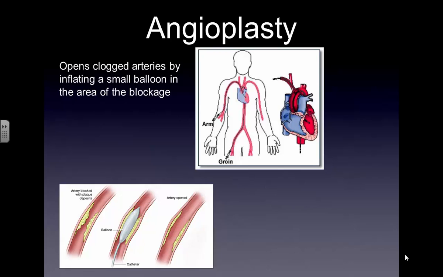But also on that wire, they often will put a little tool that's called a balloon. And they basically guide this wire in the balloon till they get it right into the blockage here. And then they inflate the balloon with air. And it sort of swells up. And what it does, it kind of pushes against the side of the artery. It kind of smushes that plaque,